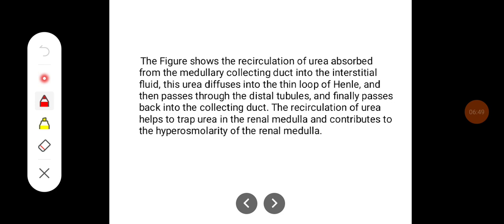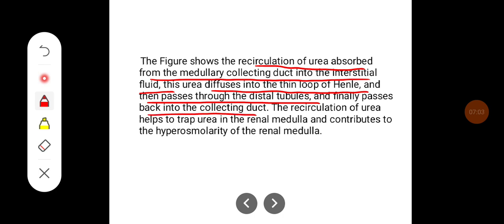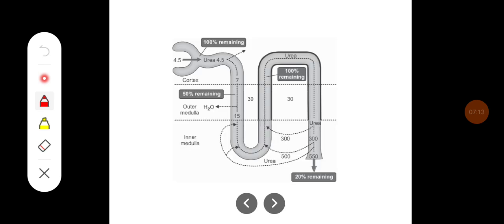The next figure shows recirculation of urea absorbed from the medullary collecting duct into the interstitial fluid. This urea diffuses into the thin loop of Henle and then passes through the distal convoluted tubule and finally passes back into the collecting duct. The recirculation of urea helps in trapping of the urea in the renal medulla and contributes to the hyperosmolarity of the renal medulla. So thus the reabsorbed urea